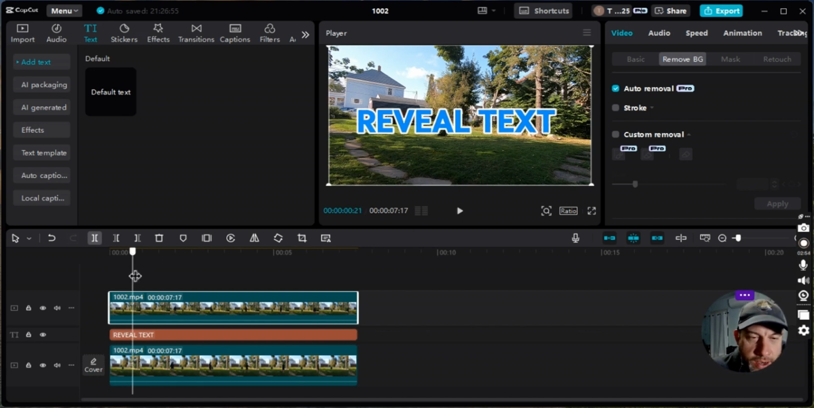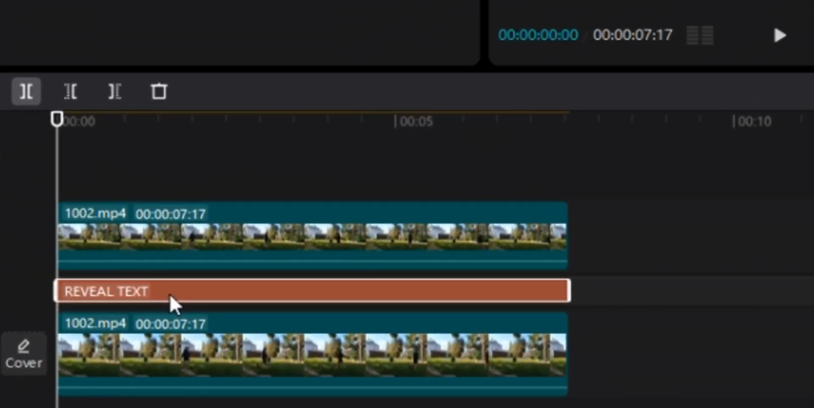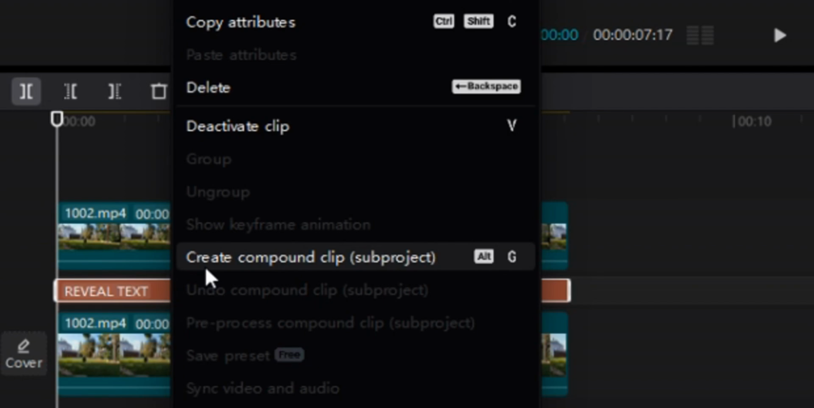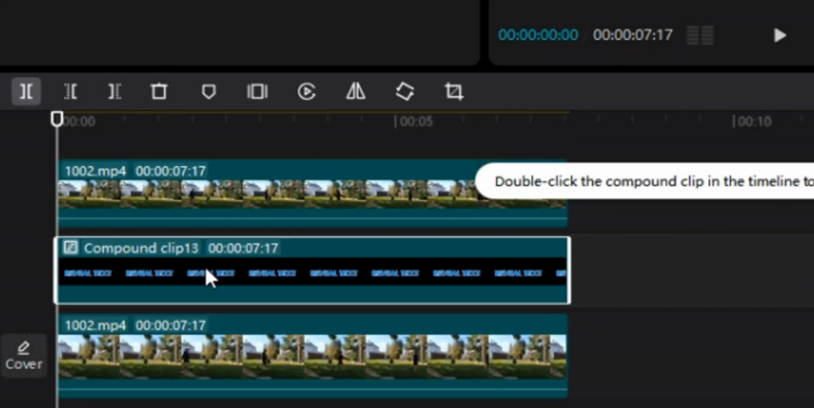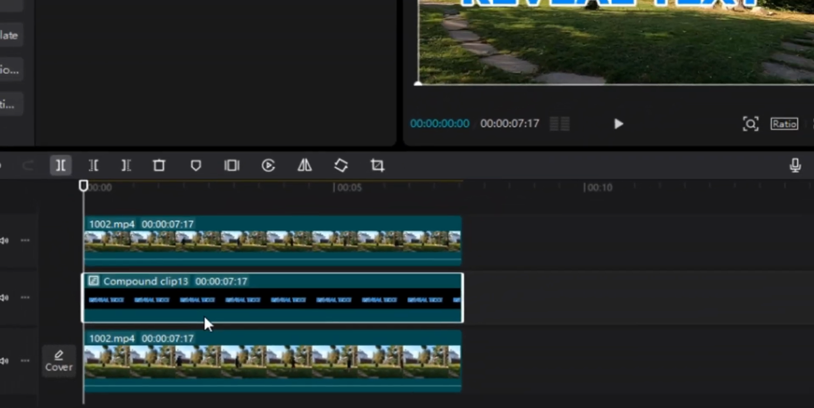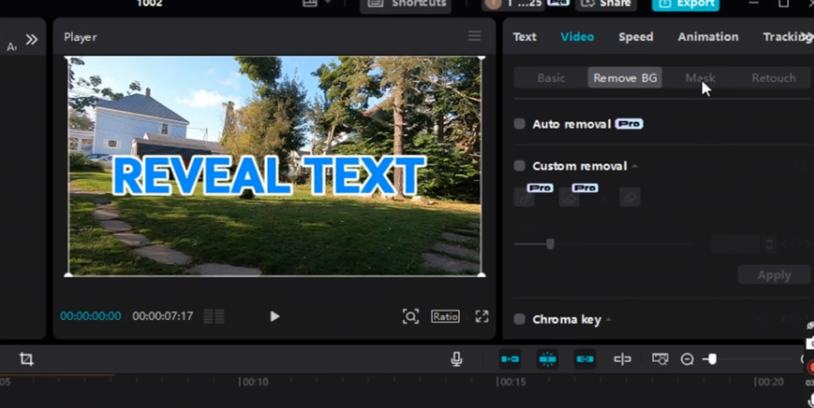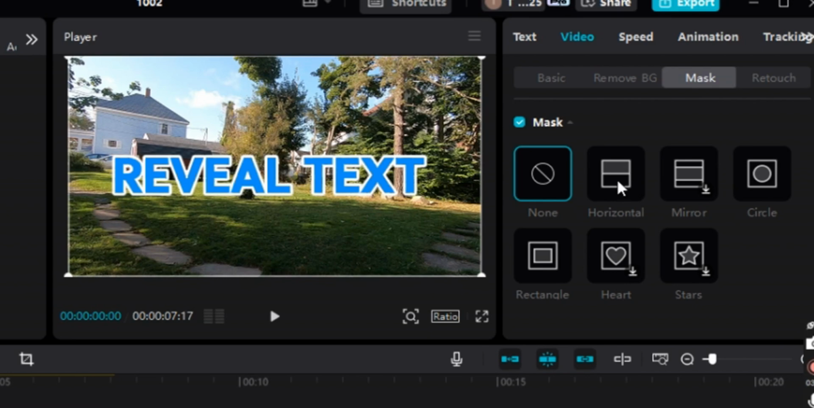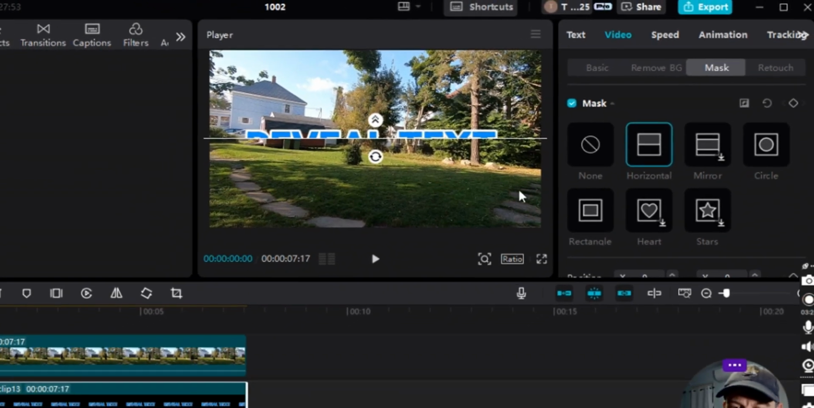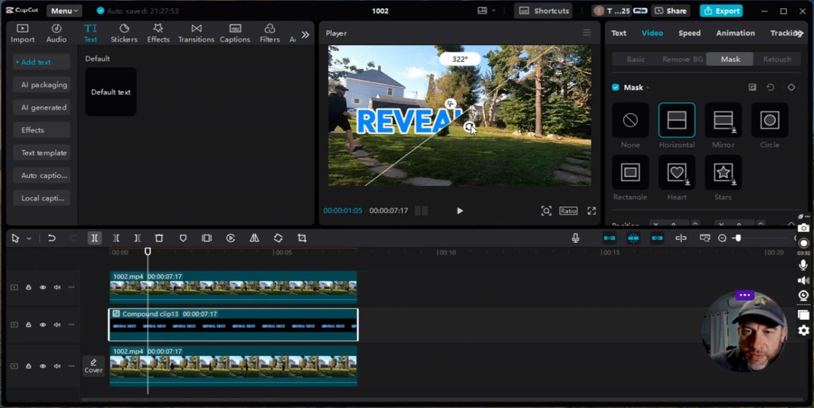So what we will do now is go back to the text box and highlight it, and then I will right click it, and then I will click on create compound clip. Okay, and then from there, with the text box and compound clip still highlighted, you will go over to video, and then you will go down here to mask, and then you will click on horizontal, and then what we will do is we're going to drag the playhead a little bit. Well, actually first we will flip